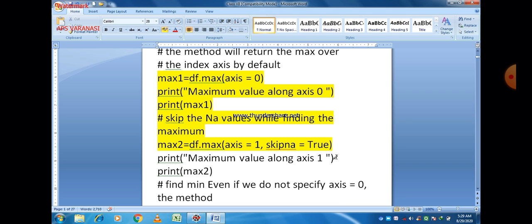And in the second case, if we want to find out the maximum value along axis 1, then we just write max2, which is the name of the variable, equal to, that means assignment operator, df, the name of the data frame, dot max, the name of the method, and within parentheses you can easily see the parameter values that are passed: axis 1, so along axis 1 means column wise, and then skipna is equal to true means we just ignore or skip NaN values.